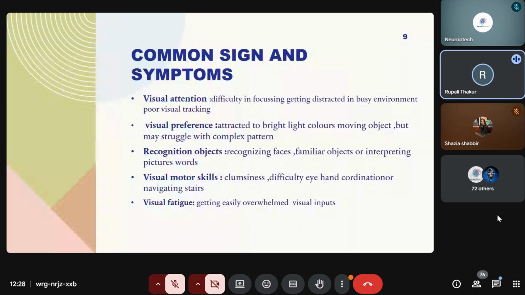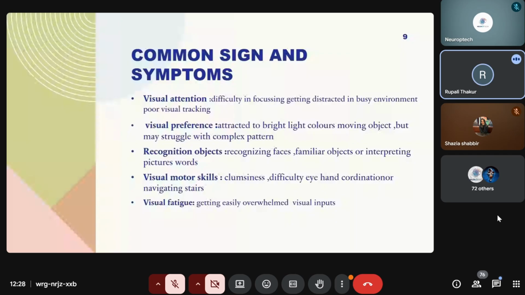Then visual motor skills, we also need to understand what happens, because in a CVI child, if we are putting so many things together, the object becomes so cluttery, the environment becomes so cluttered for the child. And if you are giving them a command, okay fine, take this toy, the child becomes so clumsy, they become so irritated, what do I have to do. But if you are keeping one object and giving them a command, or two objects, okay fine, you have to take this red one, then the child is able to identify, because their brain is not able to understand so much